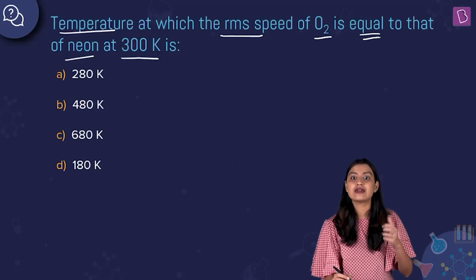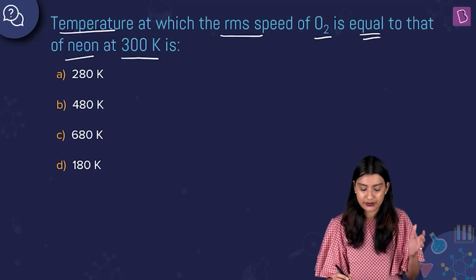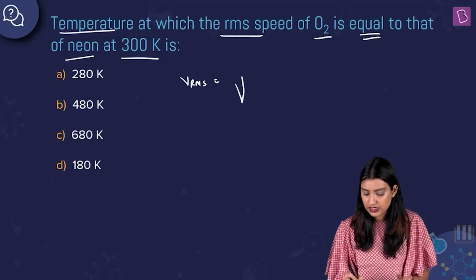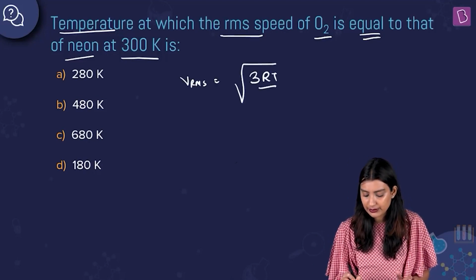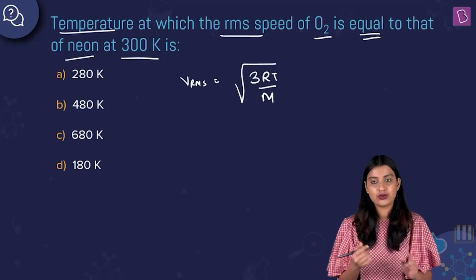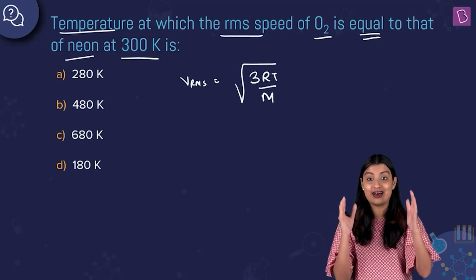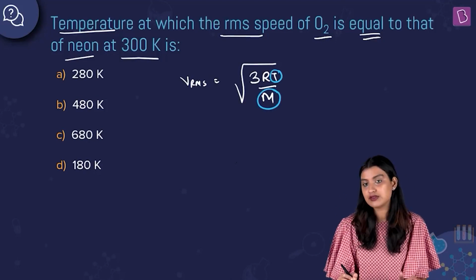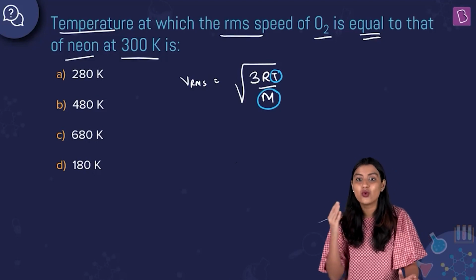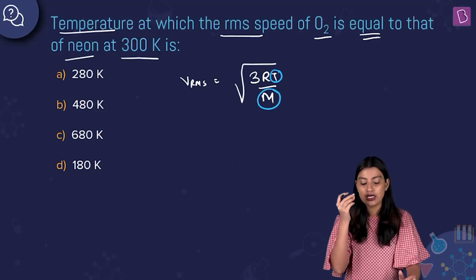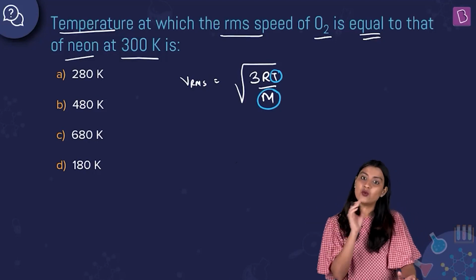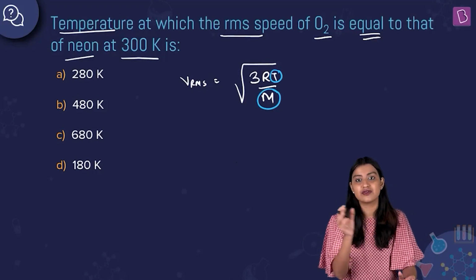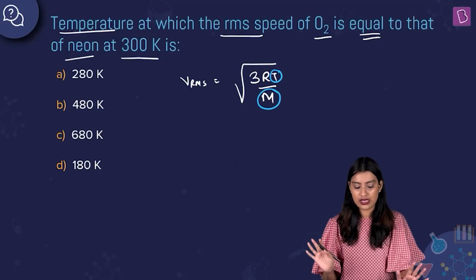First thing we know is that RMS speed is dependent on temperature. We know the formula for VRMS is equal to under root of 3RT by M, right? So you know that R is a constant, the universal gas constant. So your temperature is a variable and your mass is a variable, mass in the sense of the molar mass of the given gas. So root mean square velocity will change with respect to temperature and with respect to the molar mass of the gas that you are taking. Okay, this is how it changes.